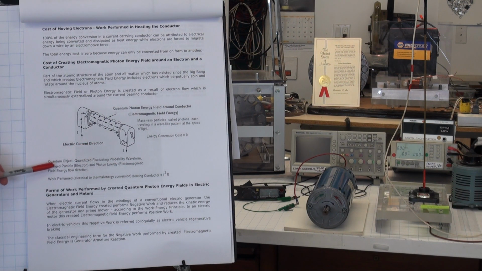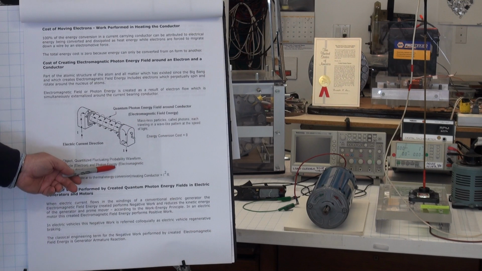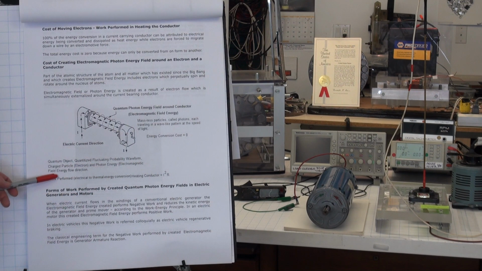And the electric current, which is the flow of quantum objects, quantum fluctuating probability waveforms, charged particles or electrons, and the photon energy, the electromagnetic field energy flow